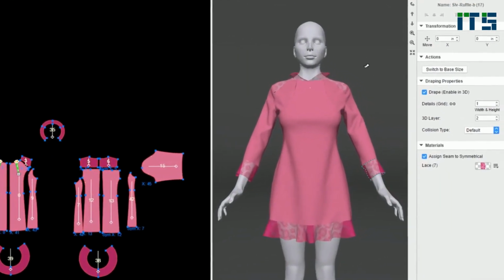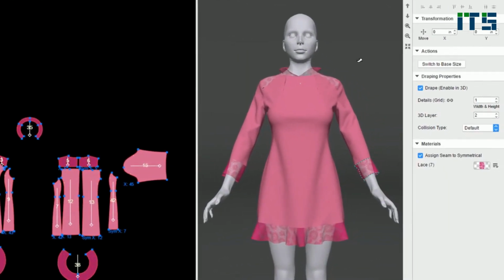As shown in this video, StyleCAD makes it easy for you to simulate 2D patterns in 3D. Not only can you conveniently update your 2D modifications in 3D,